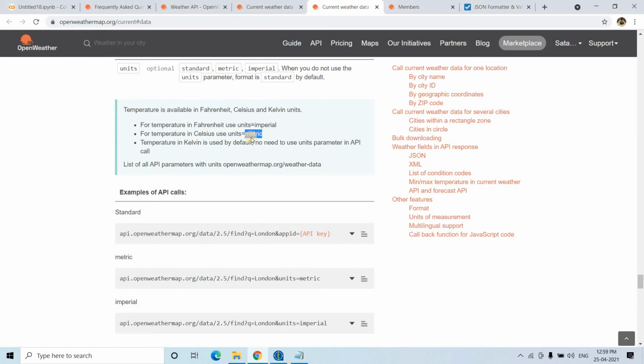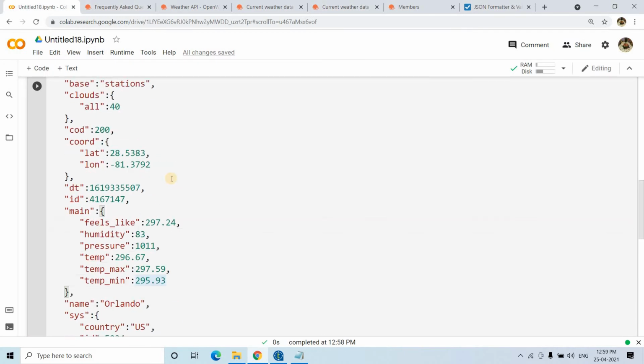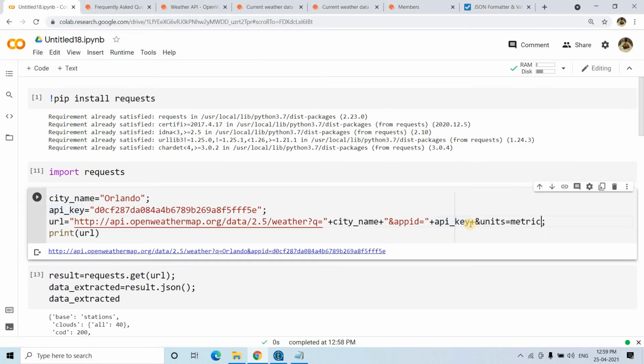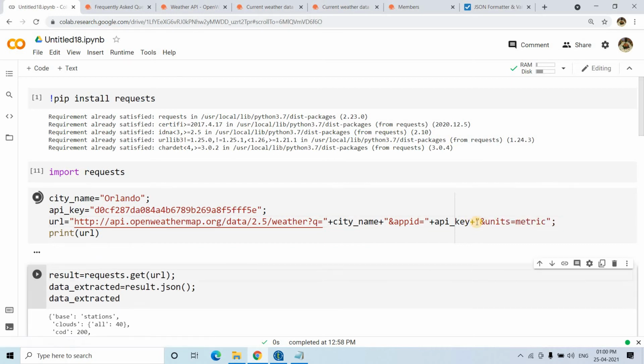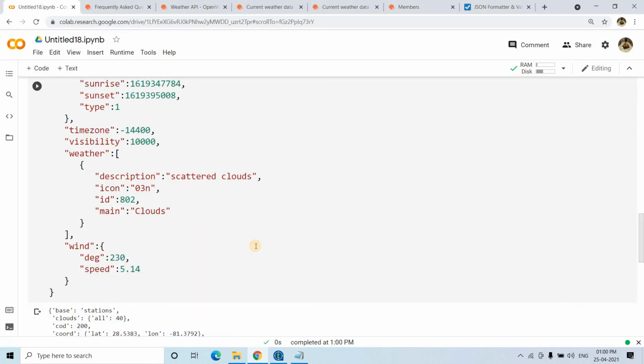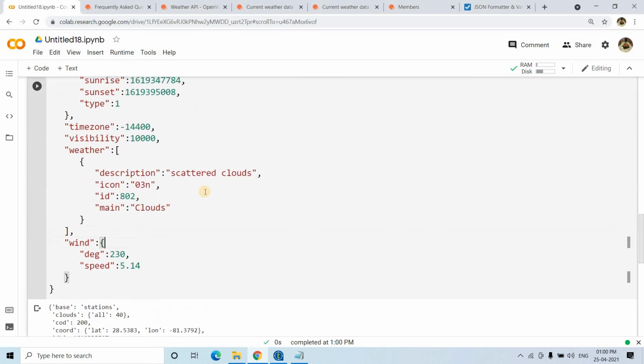For Celsius we have to use metric. We need to pass just this particular extra key-value pair via our URL, plus pass this as a string. Okay, nothing hard. This one is basically JSON only.